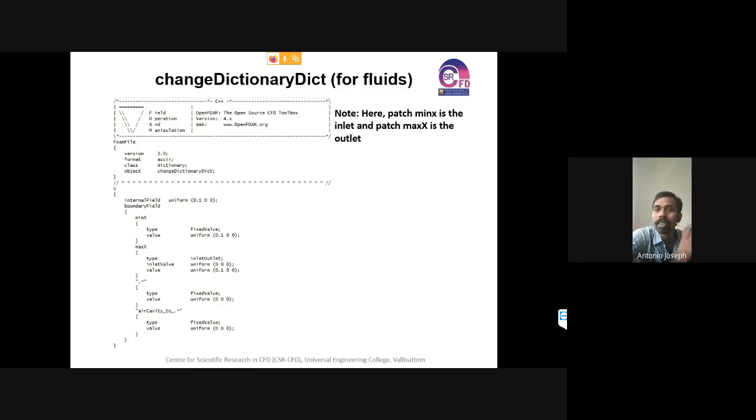So this I am specifying as dot star. That means all the other patches. I am specifying only 2 patches over here, that's min x and max x. That's the only patch that I am specifying in this particular case. And then I am giving all the rest of the patches as dot star. That means all the other patches that I had not mentioned in the boundary condition.